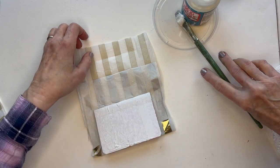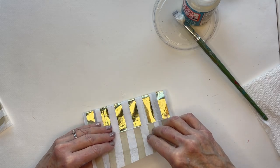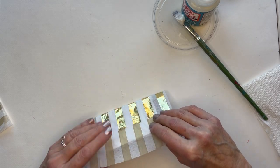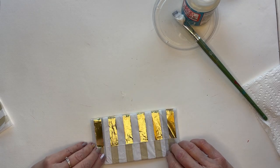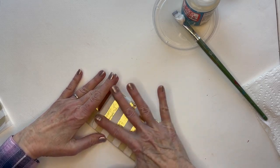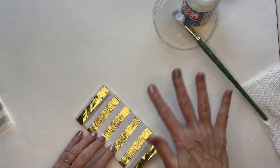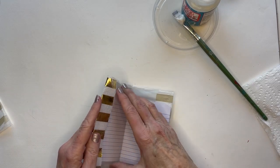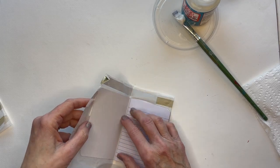All right, so we got that. So then we're going to just bring it over. And it looks like the stripes are pretty good. And like that. And just smooth it out. Like that. Doesn't have to be perfect. Like that. Okay, now the next thing we're going to do is